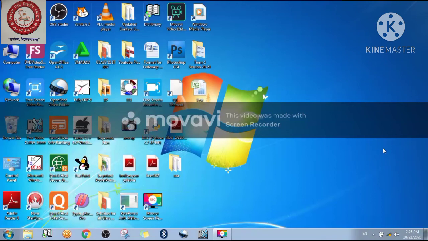So students, let me recall one more time, right? Today we have understood that using the form we can create our database, okay? And a form is nothing but a kind of dialog box which gives the facility to insert our data, or as per the requirement we can delete, or we can also search out some of the important data if required, right? So this is the overall recall for this, okay?